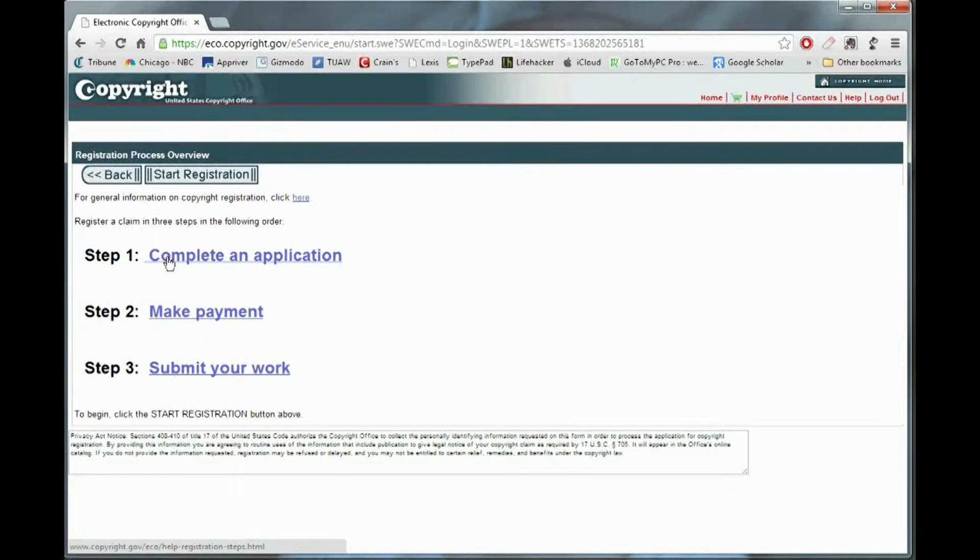First step is to complete an application, and I'm going to walk you through that in a minute. Once you've completed the application, then you pay, make your $35 payment by credit card. Once that's received and the credit card is accepted, then the final step is to submit your work. I'm not going to show you that because I'm not going to be actually making a payment, but essentially in